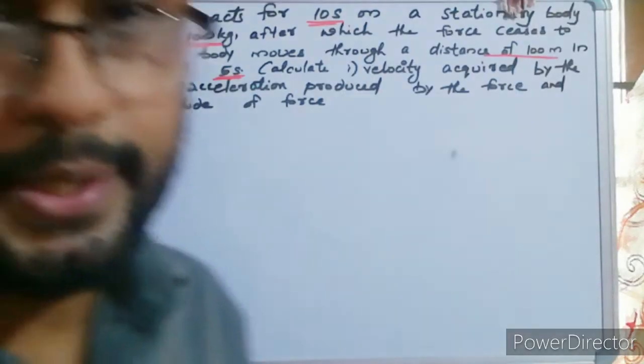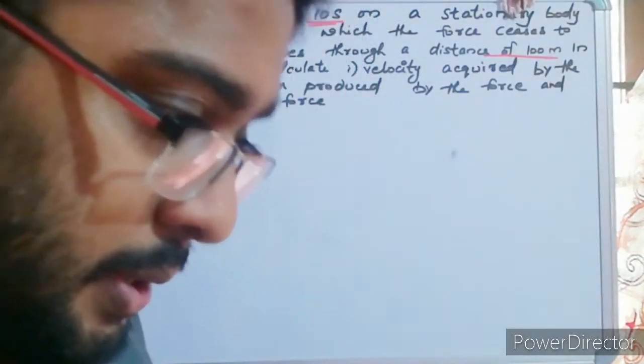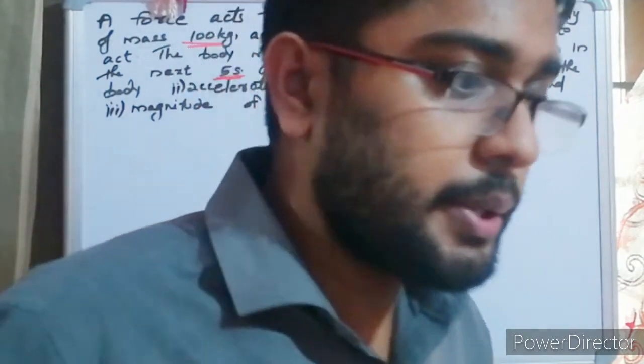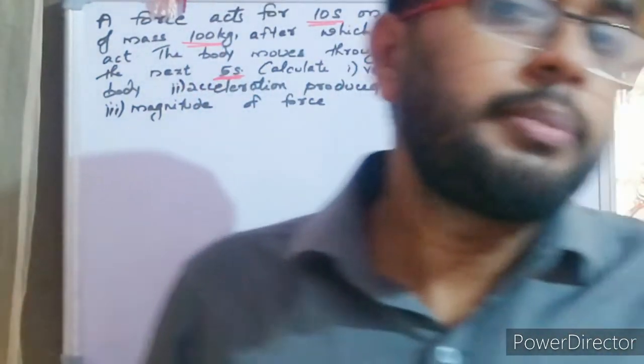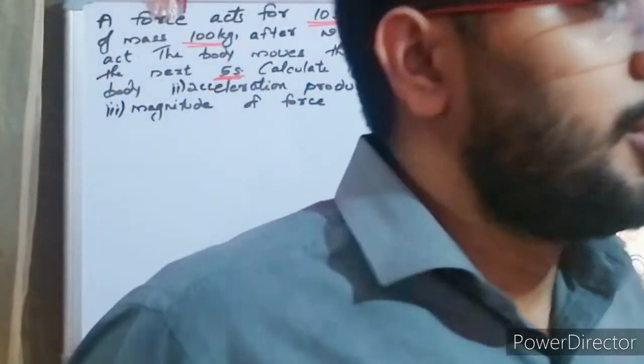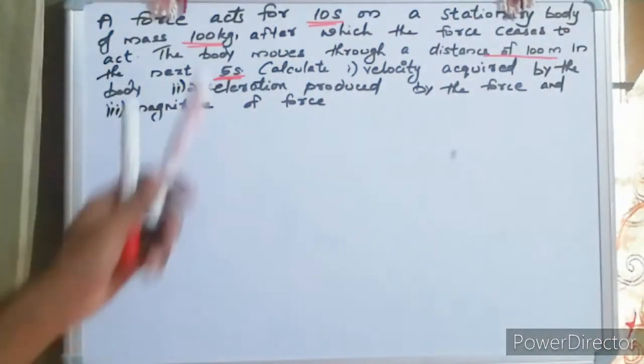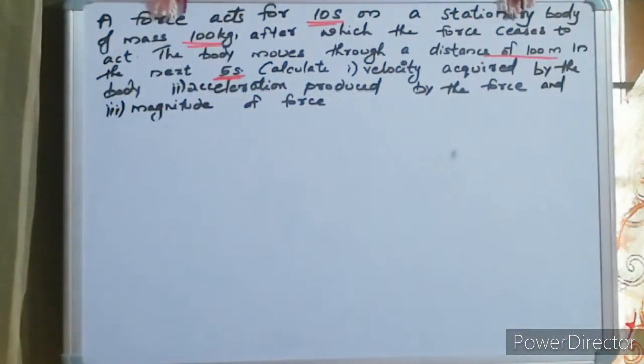Numericals based on Newton's second law. So keep in mind F is equal to ma, and the rate of change of momentum is nothing but equal to force. So keep these two things in mind. If you look at this question, a force acts for 10 seconds on a stationary body of mass 100